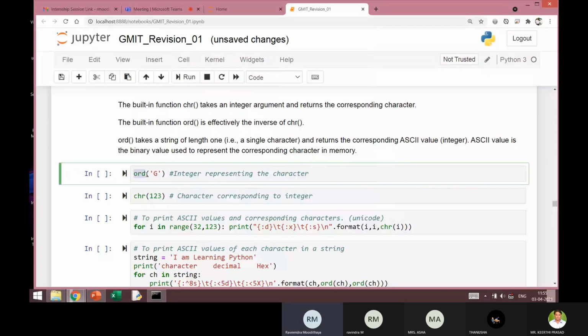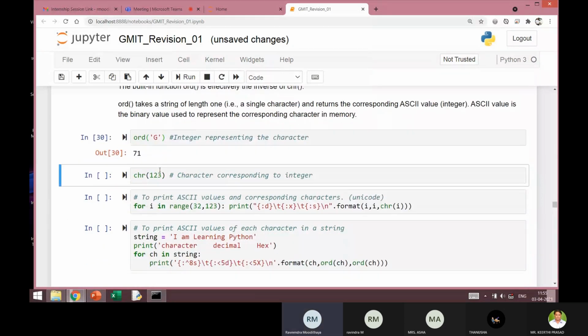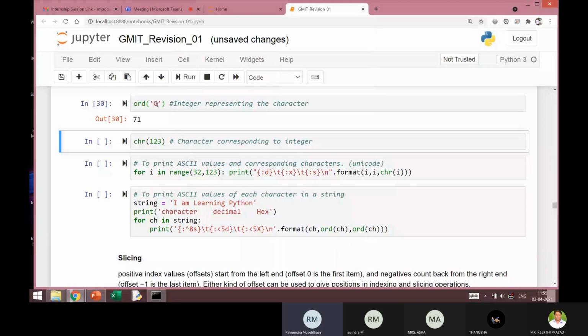One is called ord, which is used to get the integer value corresponding to any character. The usage is very simple: ord, and in brackets you give the character whose ordinal value is to be obtained. So here the value of this is 71.